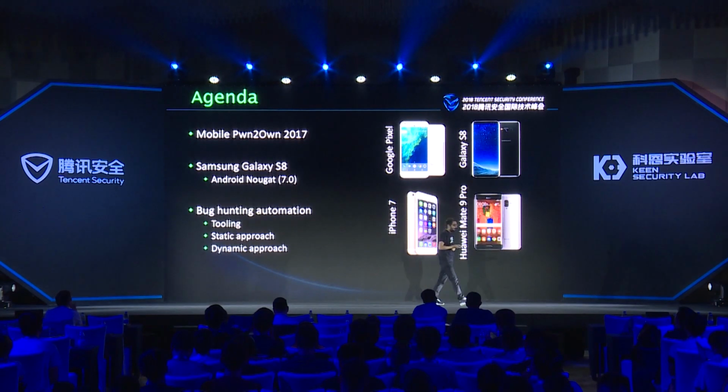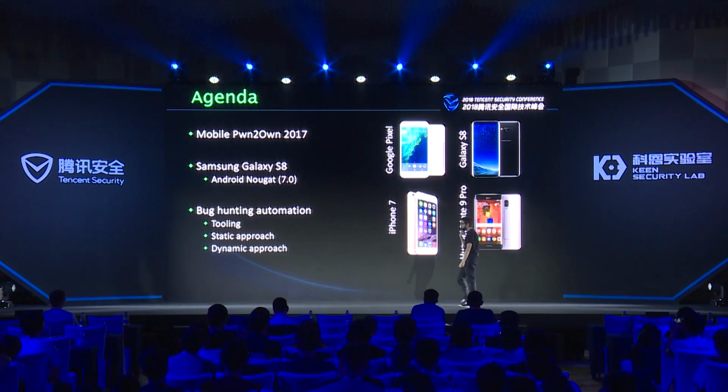I'm sure most of you already know about Pwnie. It's a competition where people turn up and they're given the latest mobile devices, chosen by the vendor, chosen by ZDI, and there are several categories. One of them is the browser category, which is the category we enrolled for, and our target of choice was Samsung Galaxy S8. At this point, it was running Android Nougat,